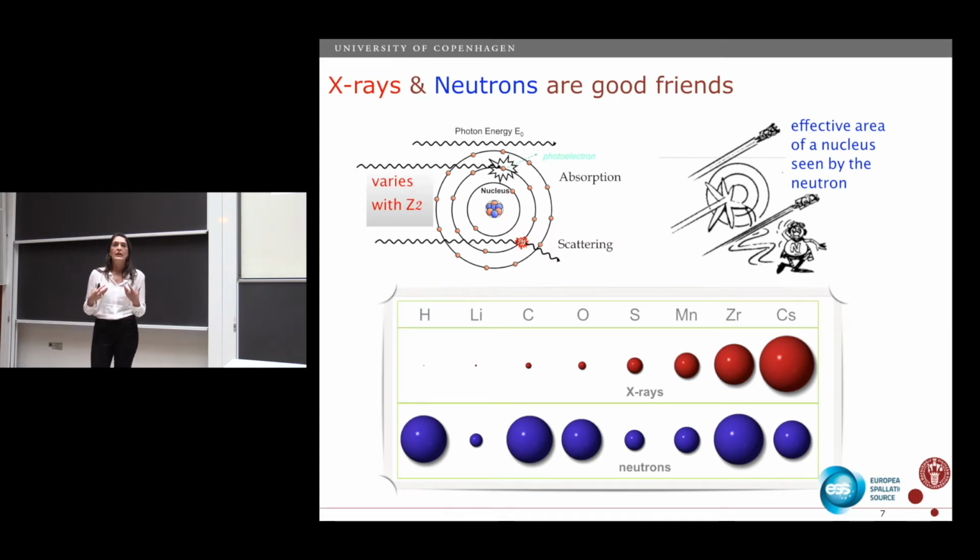How strong is this interaction? We know because we have measurements of these cross-sections. So what happens here is that while for X-rays hydrogen is basically transparent, for neutrons I can have information on it. And that's why I told you that we can have information on the water dynamics, because I have my scattering vector and I also have this very high cross-section.